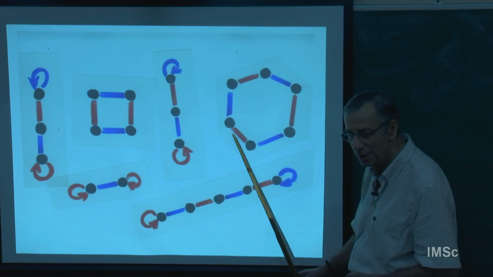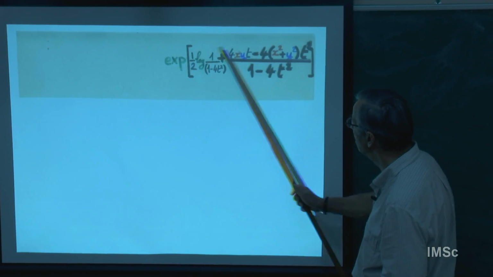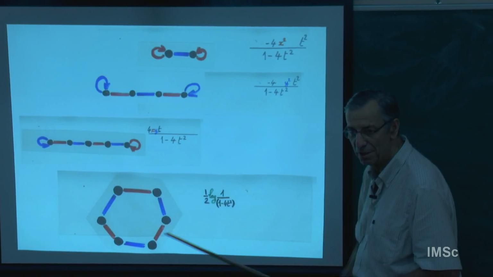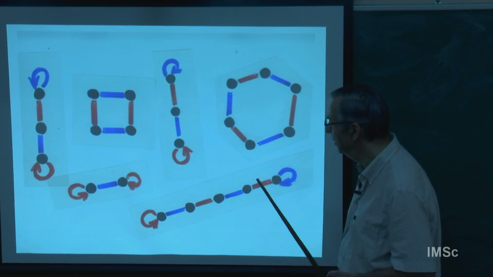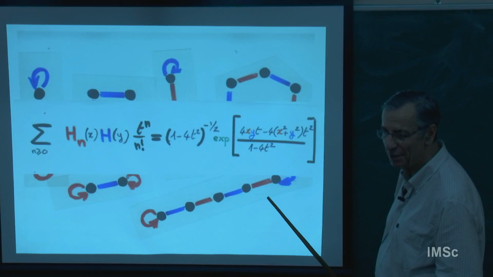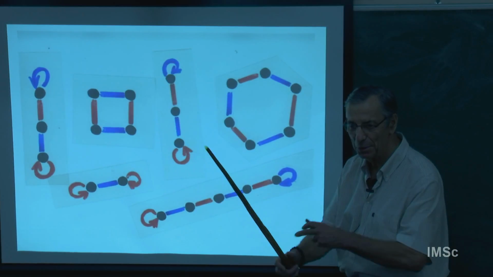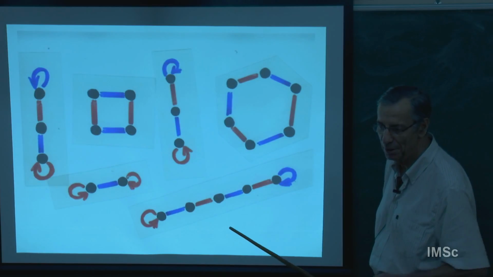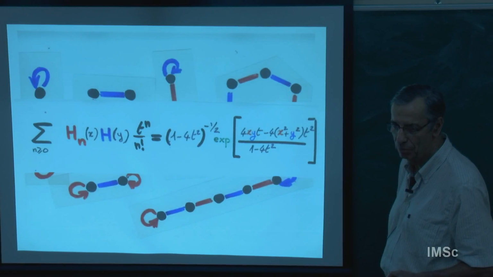Now I take the exponential. I have to take the exponential of all these 4 types of terms. So 1, 2, 3, 4. The exponential of this means you take an assembly of such elementary things of 4 possible types. And this is the same thing as the left-hand side, when you remember the left-hand side was the superposition of 2 involutions, which are of these 4 possible types. So the left-hand side and right-hand side are the same, and so I get a proof of this Mehler formula.